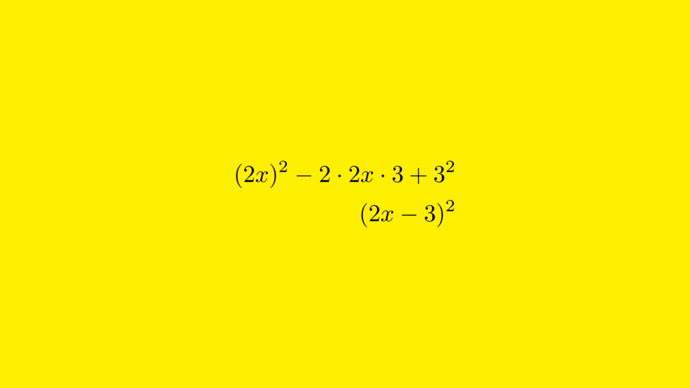Firstly, find the square root of the first term, 4x squared. The square root of 4 is 2, and the square root of x squared is x. Thus, the square root of 4x squared is 2x. Then take the square root of the last term, 9, which results in 3. Now, check if the middle term, minus 12x, is twice the product of these found values, 2x and 3. If you multiply 2x and 3, you get 6x. And if you take twice that product, you get 12x. The middle term, minus 12x, is indeed minus twice the product, 6x, thus confirming the expression as